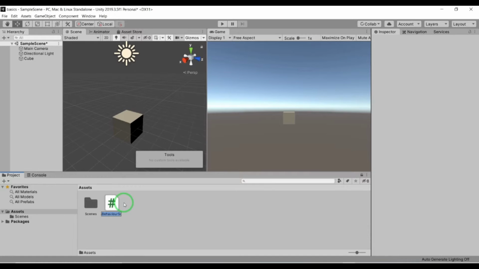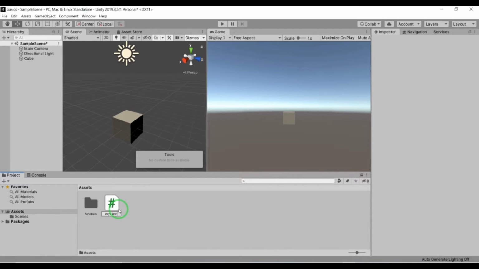But if we give that feature to any object, then that object becomes human because it has all the properties of a human. So when we create a script, we are basically creating a class, and by class we are giving the specifications, the features that the object can do.